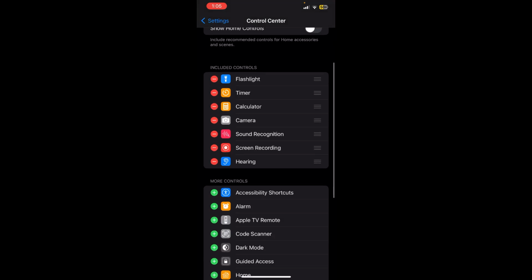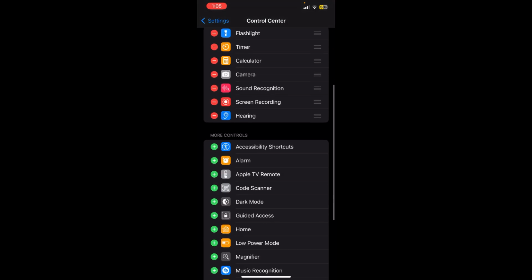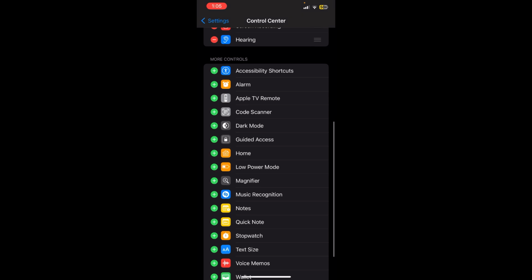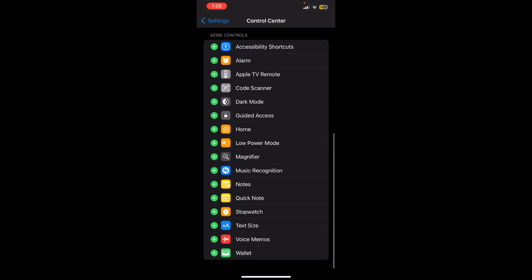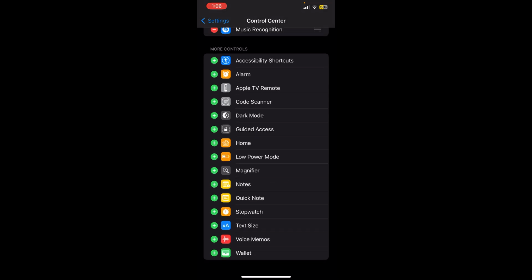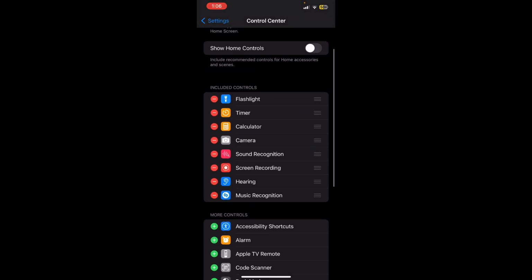So now you can see the more controls, right? So you need to scroll a little bit down, and in this more controls section you can see the music recognition. So simply tap on that plus icon, and now you will be able to add it to your control panel successfully. Now what you can do is simply slide from the top right corner down,